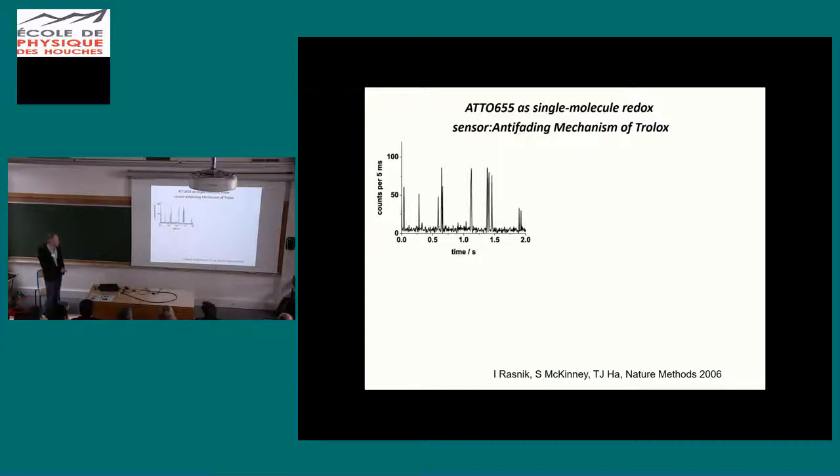And also in 2006, Tekshipal just showed that Trolox was better than many substances for single molecule measurements, and you get more stable emission. So we also tried to publish this in Nature Methods, the ROX method, but it didn't work. The reason was mainly because we did not get much better than Trolox. So the ROX was like, we knew what we were doing, so at the end we had some kind of understanding,